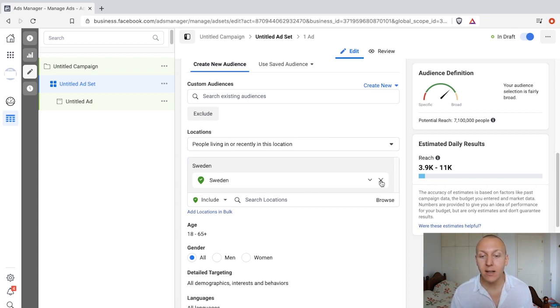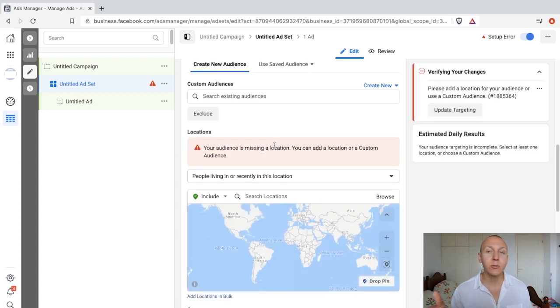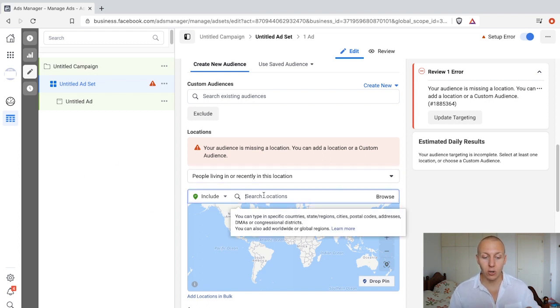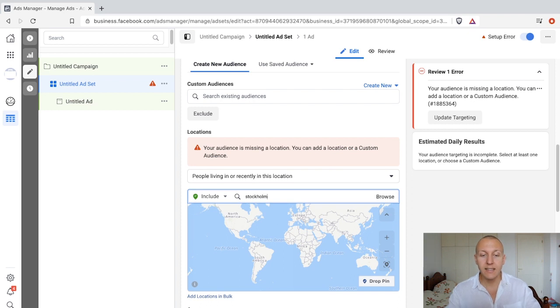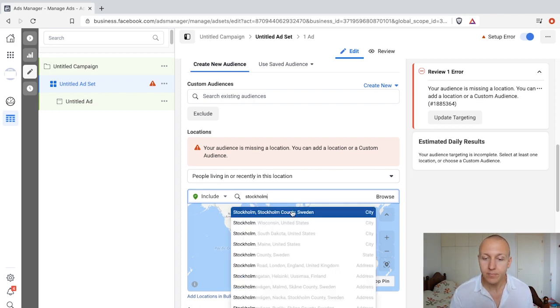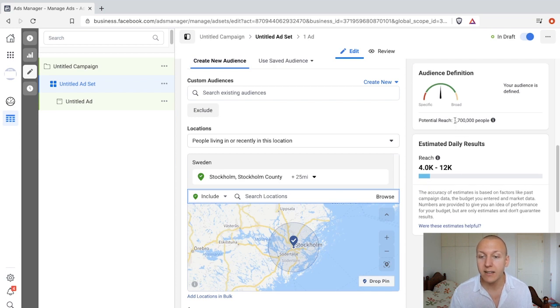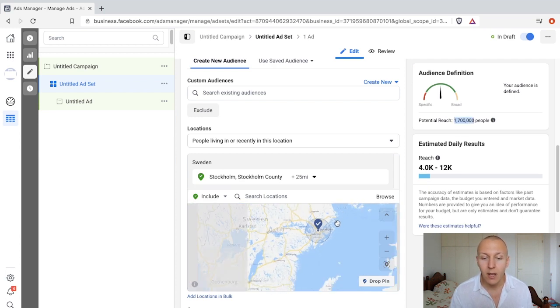So let me give you an example here. Years ago, I was working for a gym company and helping them run their ads. They were running their ads all over Stockholm. Stockholm is the capital of Sweden, right? The problem with that, if you look at Stockholm, is that it has quite a bit of people, but